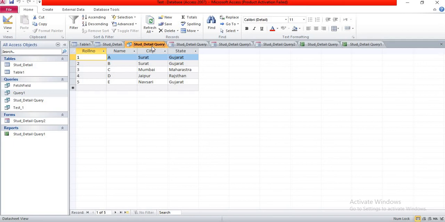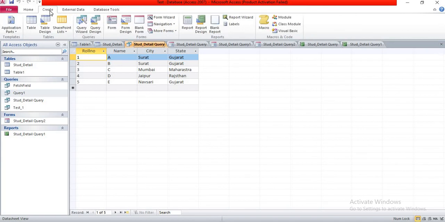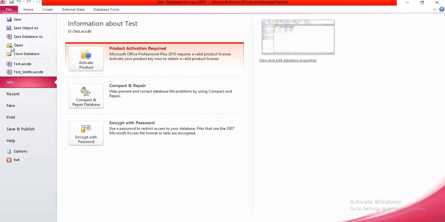We may print the report that we get as long as the printer is installed in the computer system. We may see the print command in the print preview tab. Just go into the create tab. Click on the File tab and you can see here the print option.